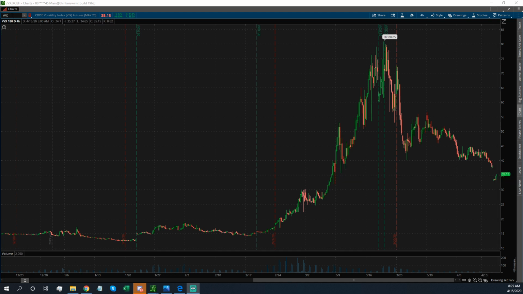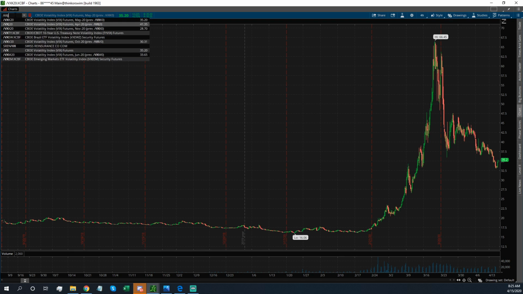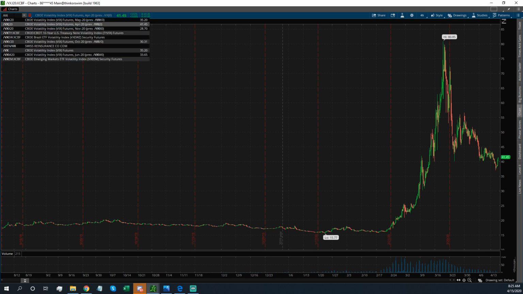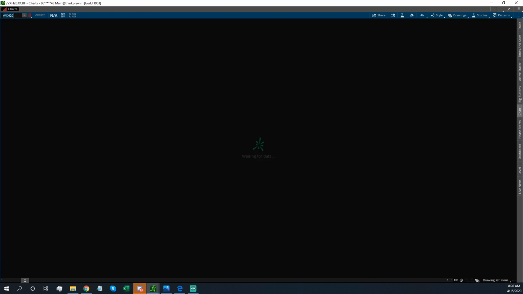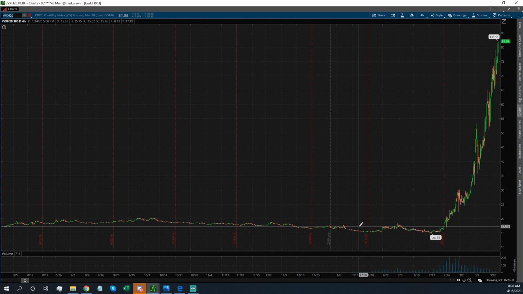So to avoid looking at the gap, you can either look at April, the K20, or you can look at May, the J20. So if we go back a little bit more and look at the H20, right? So the H20, which was the March contract,